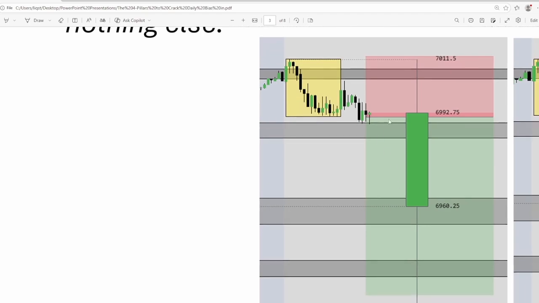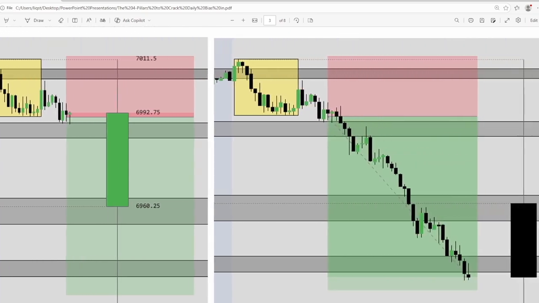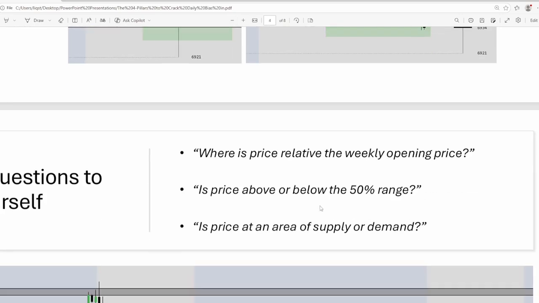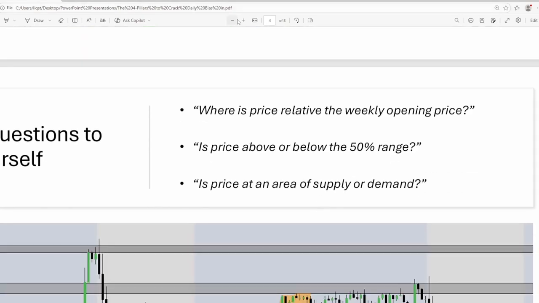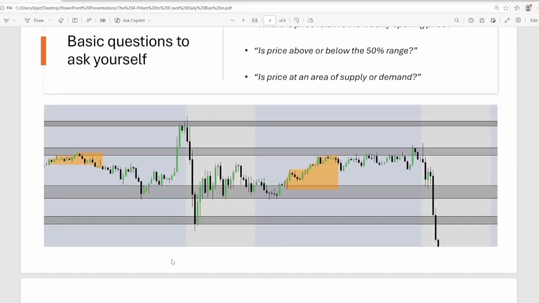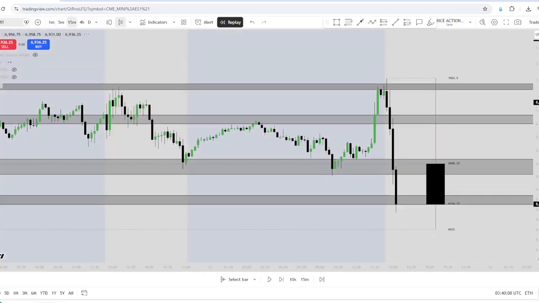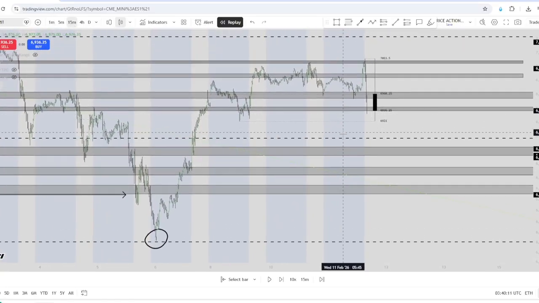If we're looking to go short here, we want to be shorting in what we call a bullish weekly candle. Because when we short in a bullish weekly candle, yes, in premium, yes, with the correct levels, we end up getting the result we want. And so the result that we want comes down to positioning of the weekly candle. That's the first thing. Is price above or below the 50% of the range? And so 50% of the range just comes down to what we discussed over here. So what we can see here from a structural perspective,